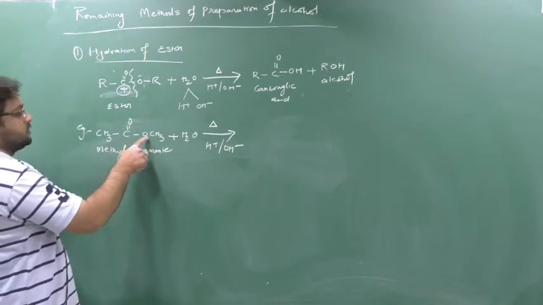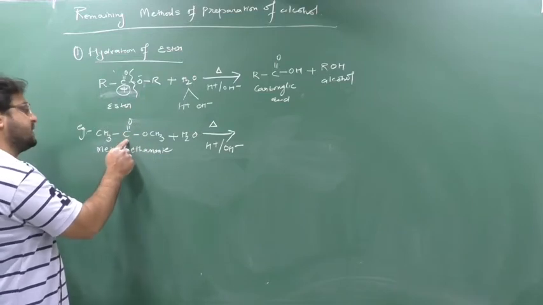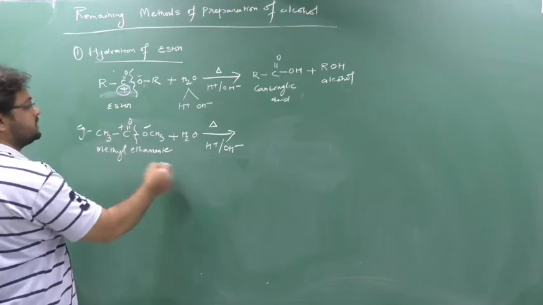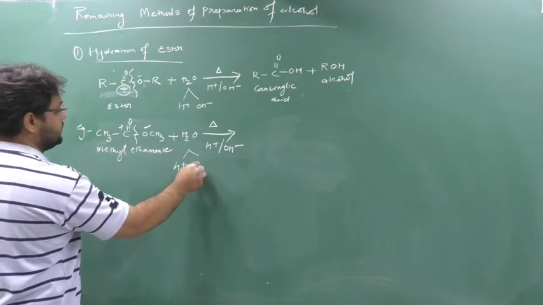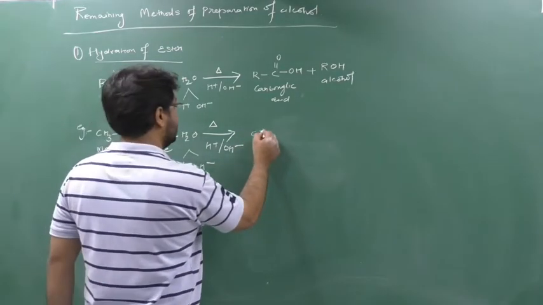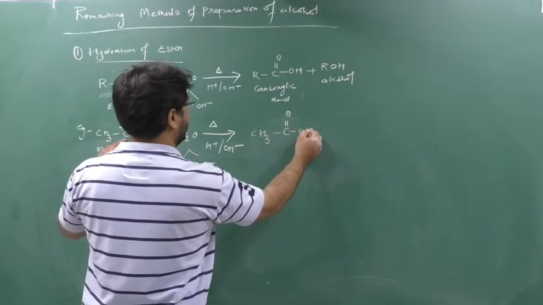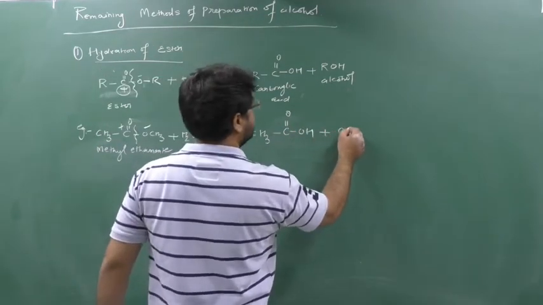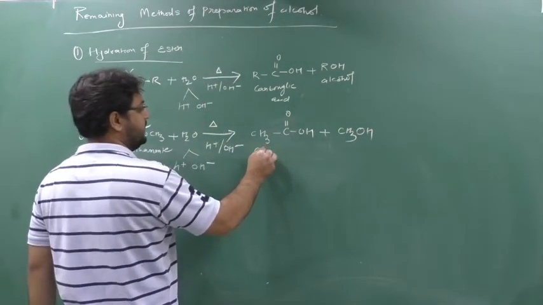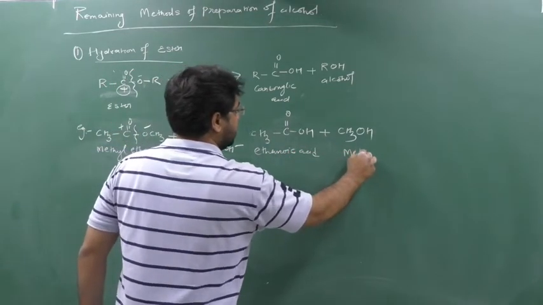So now this carbon and this oxygen, who is the more negative element? This is the more negative element, so it creates a minus charge, and here also a plus charge. So the splitting occurs from here, it will create minus charge, it will create plus charge. So H2O also splits, H plus and OH minus, and this whole plus will react with this minus. So what will form? CH3 C double bond O, this plus will associate with this minus, so OH, and CH3. This O minus will react with this plus, so CH3OH. So the answer will be ethanoic acid and methanol.